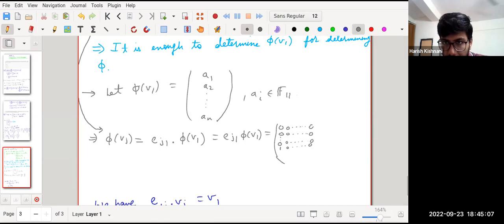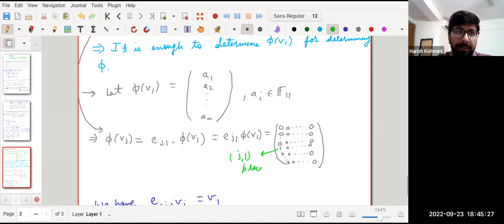So you have 1 only at the (j,1) place. When it is multiplied with your phi of v1, which you have already assumed to be a1, a2, and so on to an,